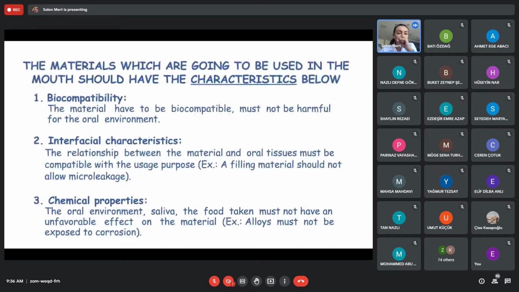And materials should be practical, as you can imagine, because we are going to use them very, very often, and we shouldn't